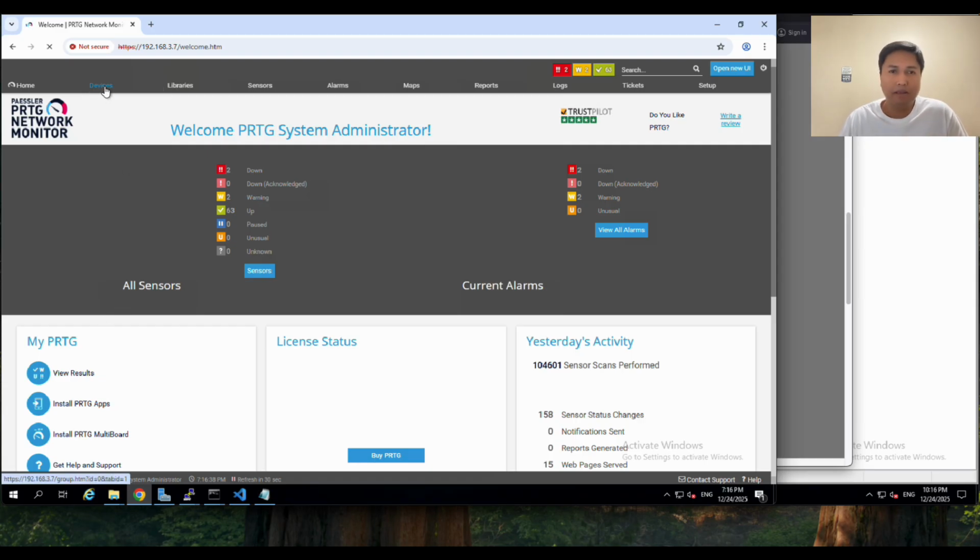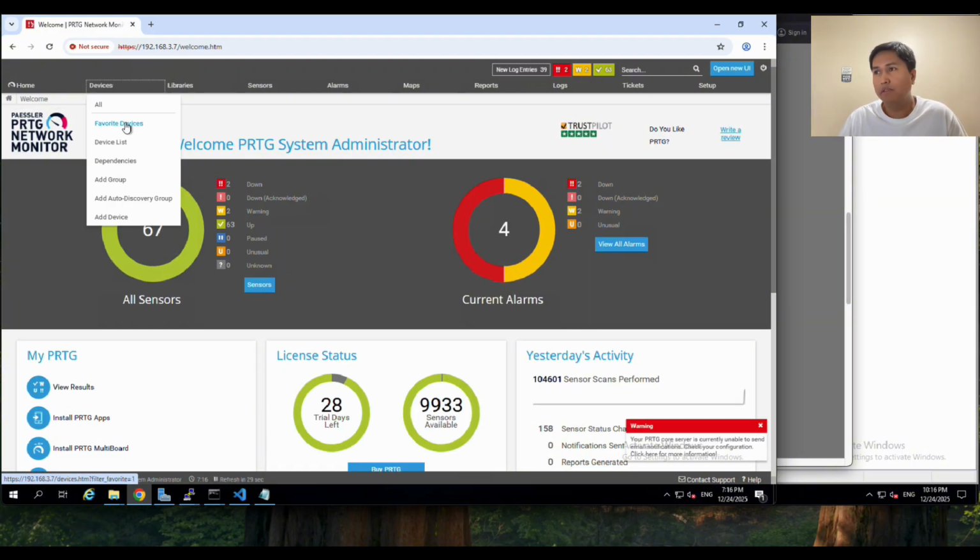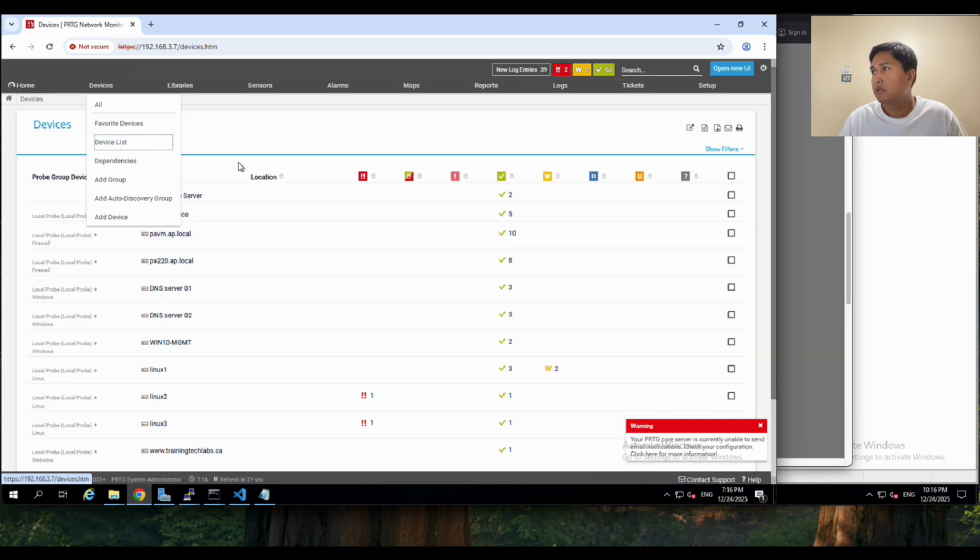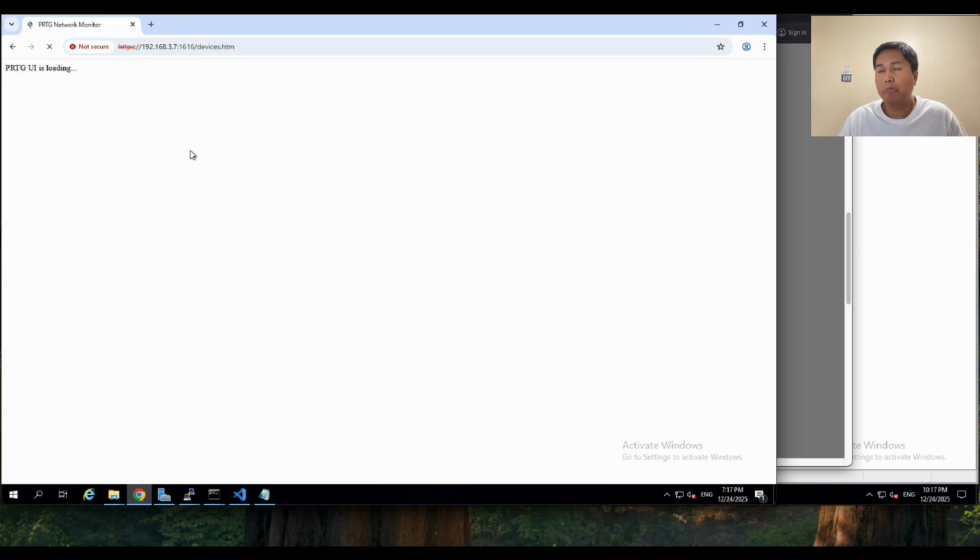It's like SolarWinds or LibreNMS or any network monitoring that you have. They have the same functionality. So if we switch to the new UI,